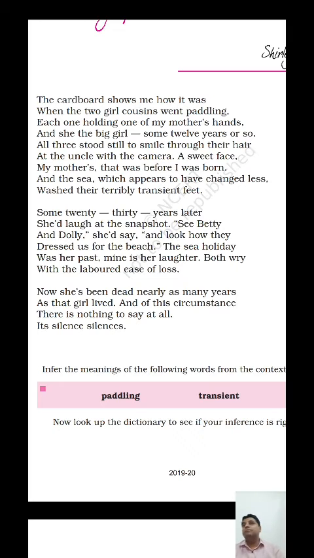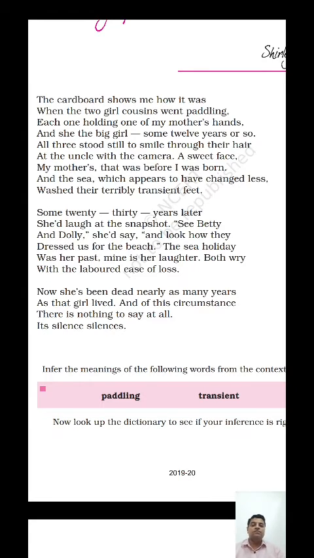But the seas, the mountains, the rivers, they are going to be here for several hundreds of years. Eternity, of course. So, she's saying that the sea has not changed very much, but the mother and the two cousins in the picture have changed very much, and the seawater is washing their terribly transient feet, their temporary feet.